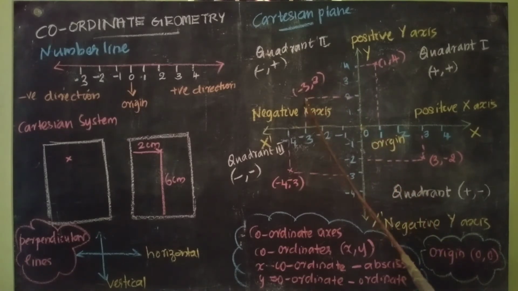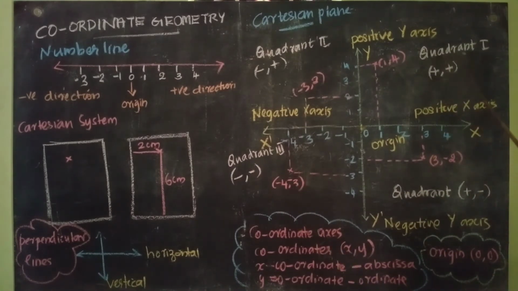Here you can see one more point. This is the position. You can see first the x coordinate is -3 and the second is 2. Here we can see one more point. First you have to write the x coordinate. It is -4, then it is -3. Here first is 3 and the second is the y coordinate. It is -2. Now you can see this x-axis and y-axis dividing this plane into 4 parts. This is first part, second part, third part and fourth part. Each part is known as a quadrant. This is quadrant 1, this is quadrant 2, this is quadrant 3, quadrant 4.